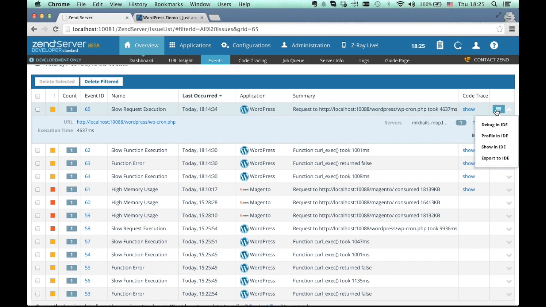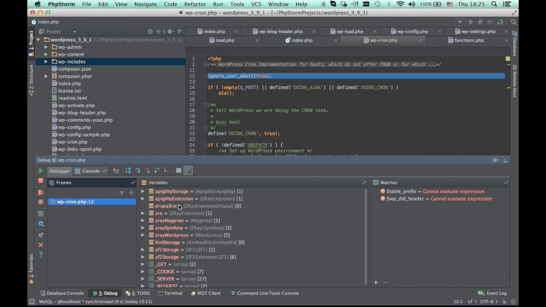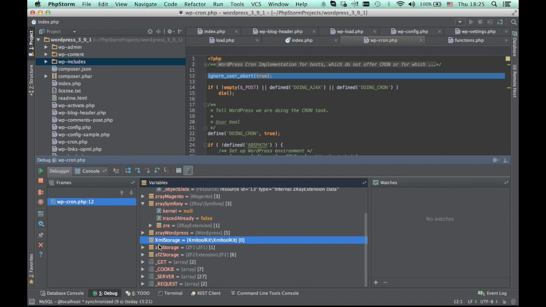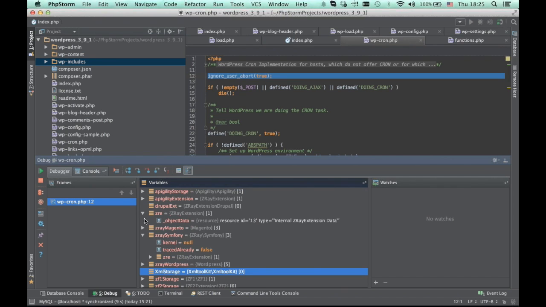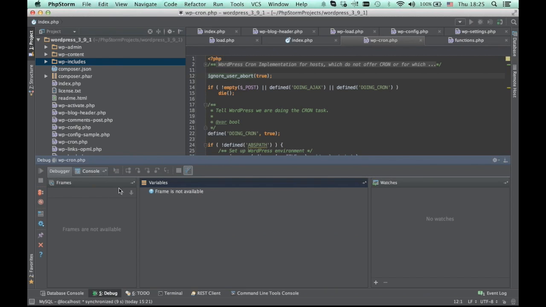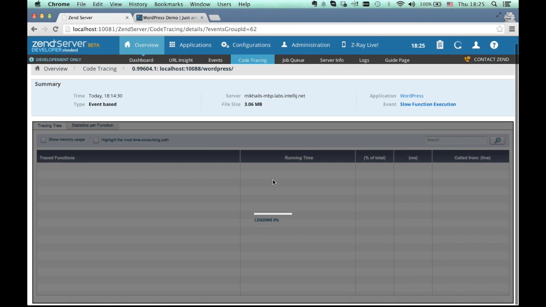So what we want to do is begin debugging that in the IDE, and in a few seconds, we got this vpcron.php debugged in our IDE in PHP Storm, so that you see what was wrong with that, and you can go through that, and you can do profiling of this one as well from here, or you can go to